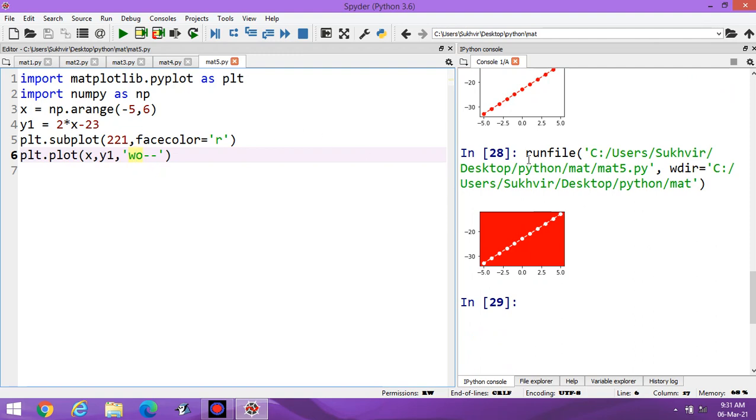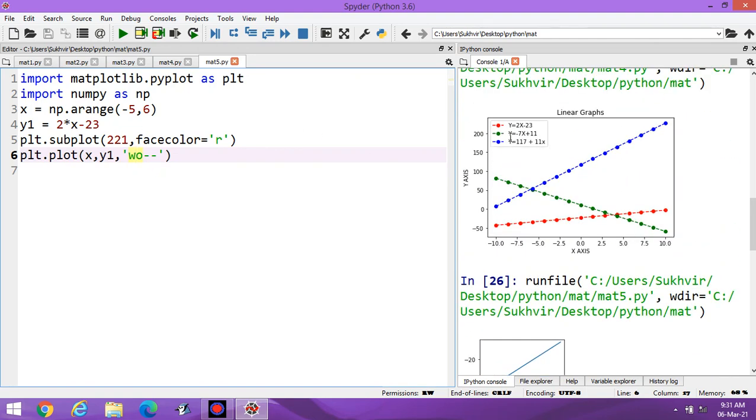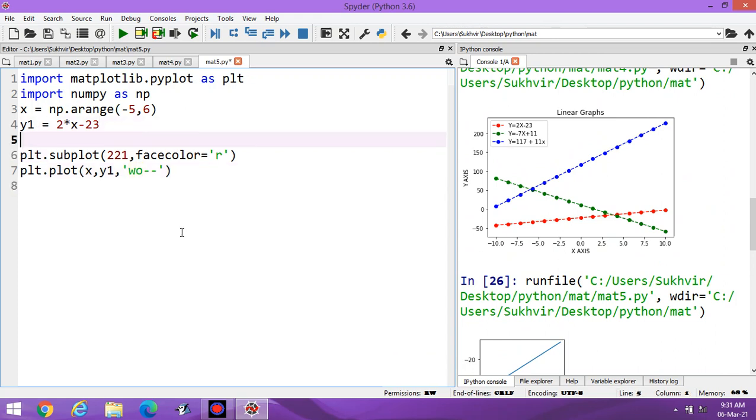After that, the second requirement is y is equal to minus 7x plus 11. I can write here y2 is equal to minus 7x plus 11.